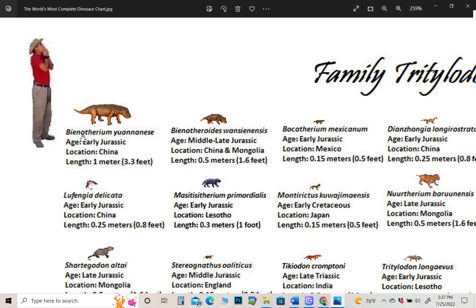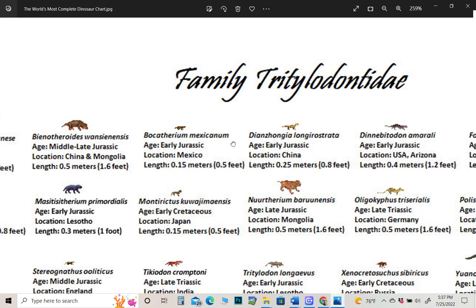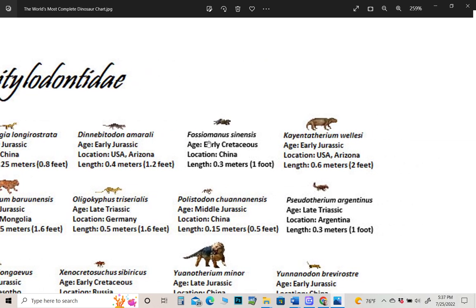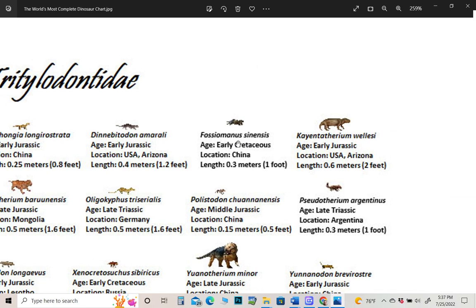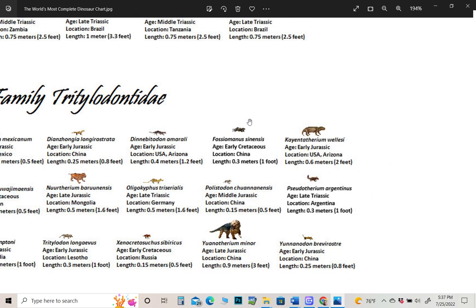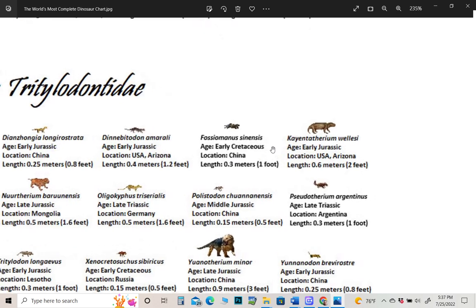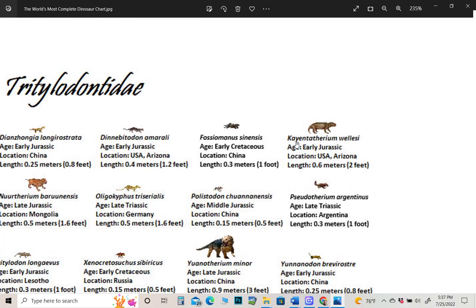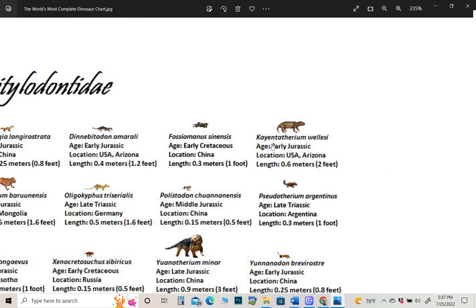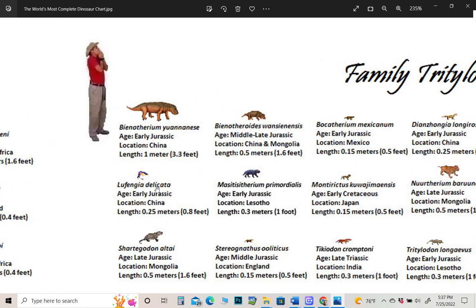So Tritylodonts are here. Bienotherium, Bienothyroids, Bocotherium, Dianzongia, Dinabetodon, Phociomanus. I believe this is actually the latest surviving of all the non-mammalian therapsids, period. After that point, they were just kind of taken over by the more competitive mammals, and died out in the early Cretaceous, as you can see. That was the last one. Kyantotherium. I believe this one pushed the time of the non-mammalian therapsids by like 10 million years or something like that. Okay, so then we have Kyantotherium, Lufungia,